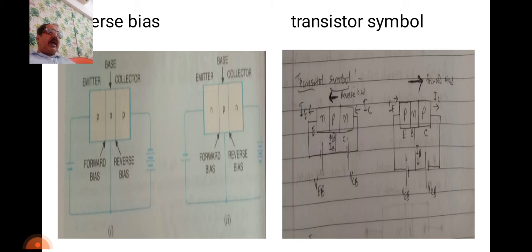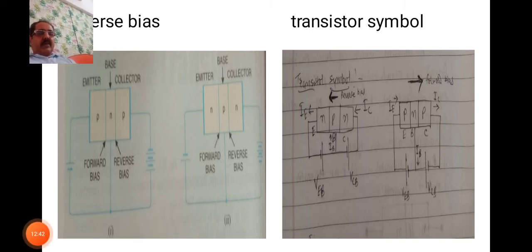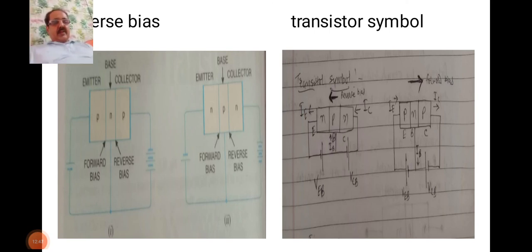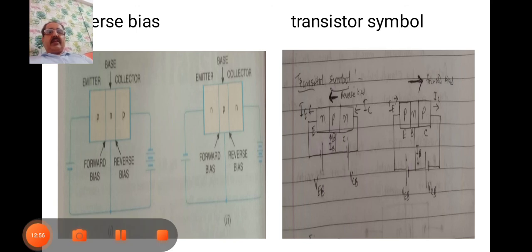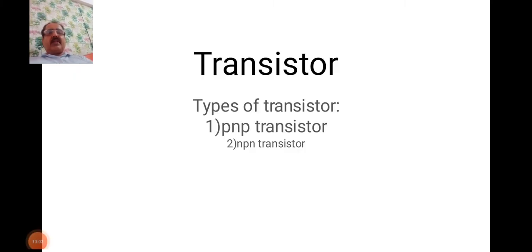responsible for the amplifying capacity of a transistor. We have to consider the transistor as an amplifier. When we consider the transistor as an amplifier, a transistor raises the strength of a weak signal and thus acts as an amplifier. That we have to consider in the next period. So how the amplifier works and its circuit.